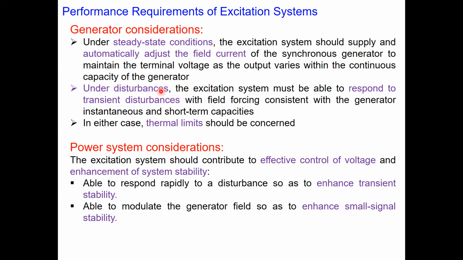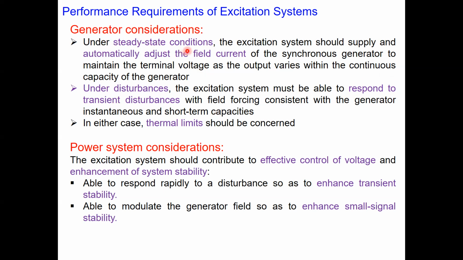Then even when you have some disturbances, even under those situations, the excitation system should be able to respond to the transient disturbance, right? So if there was some load change or a line trip and so on, in that case also the excitation system should be fast enough. This is because